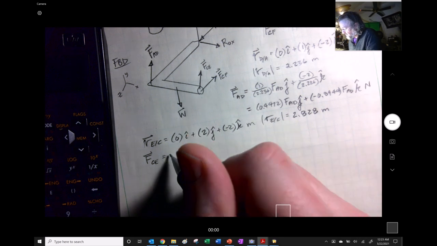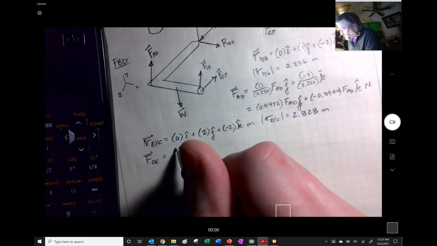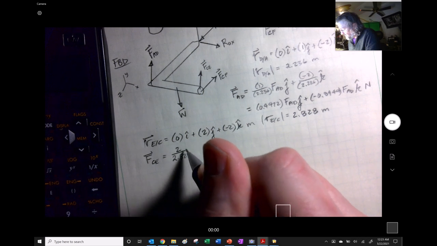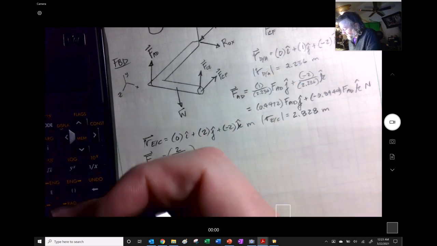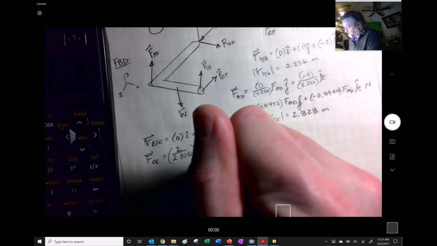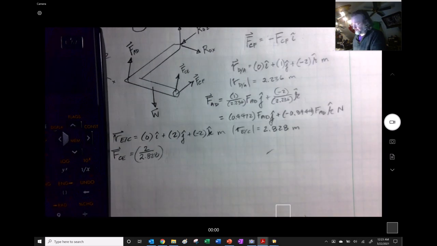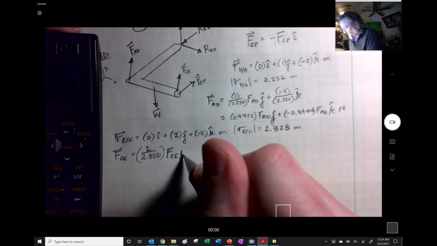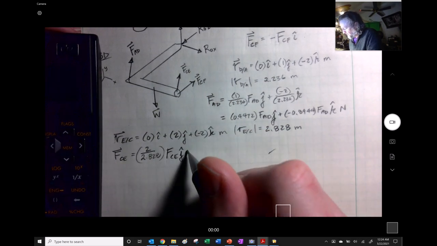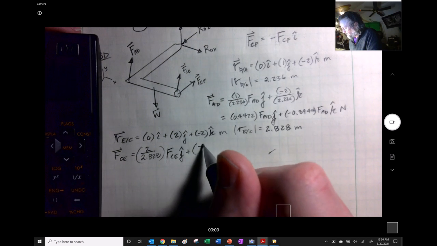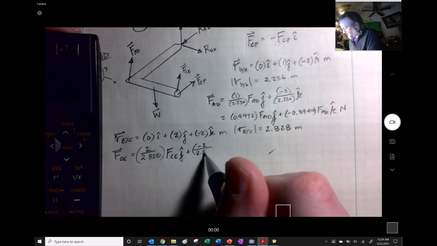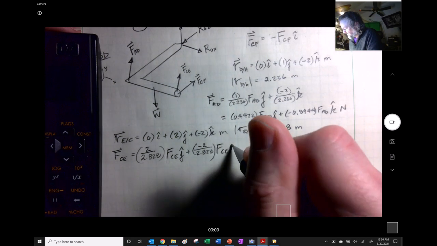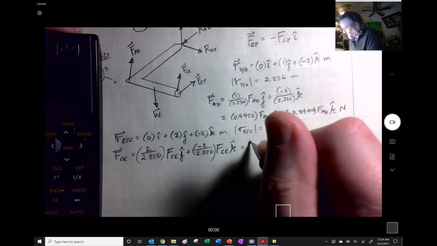I should have written it, and that's okay, I won't. 2 divided by 2.828 FCE J, I'm going to say it again, plus a negative 2 over 2.828 FCE K, or